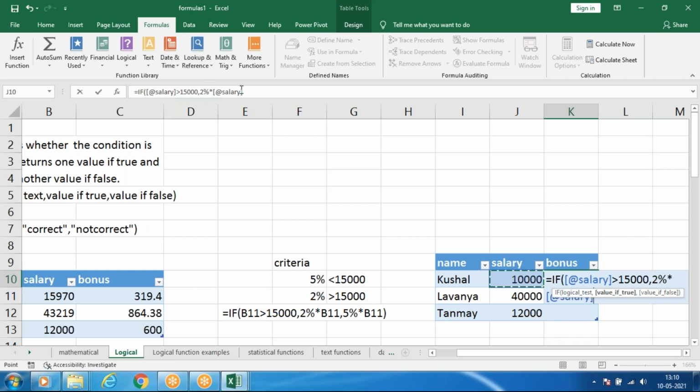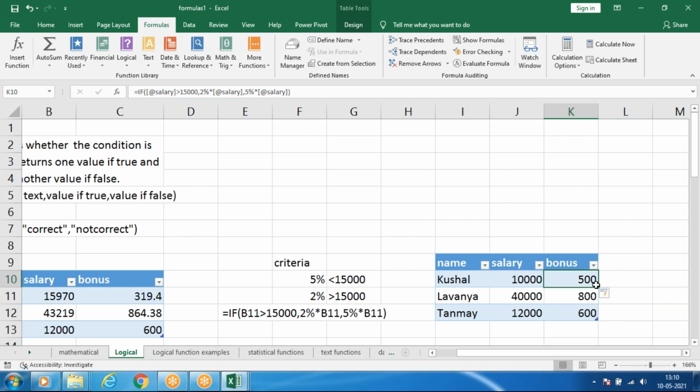So you can see the formula is applying here also. Then comma. If the condition is false, 5% as my bonus into again this cell, and give enter. So for 10,000 my bonus is 500. For 40,000 my bonus is 800. For 12,000 it means 600. Now we got the difference.